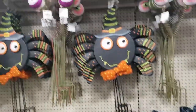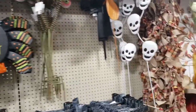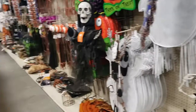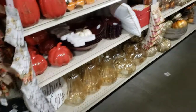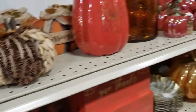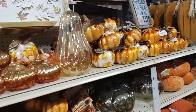A lot of your really cutesy stuff. His eyeballs are googly. Very googly eyes. Just for an example, what do these guys cost? $12.99. $12.99 is pretty good. I mean, anybody could grab something like that. There's a lot of different things. And on this side, you've got your fancier stuff, your blown glass and stuff like that. As an example, how much is this guy? This is a heavy blown glass thing, $24.99. Not too bad. I tend to think that they have a lot cheaper stuff than Michael's or